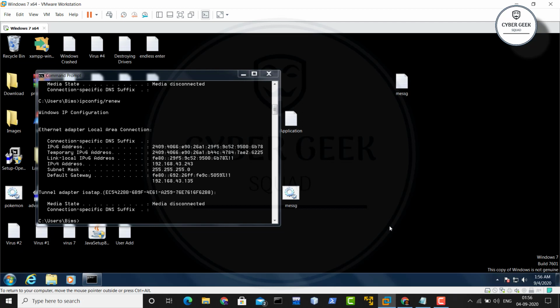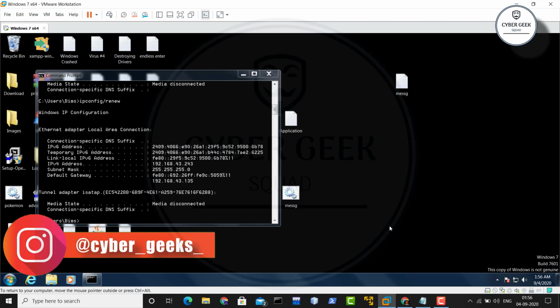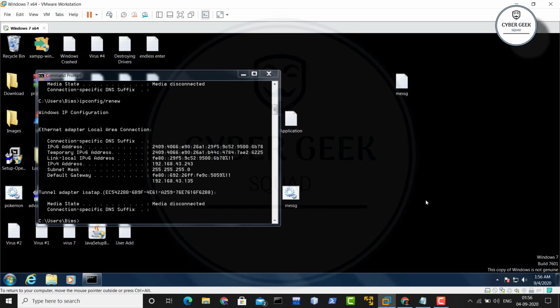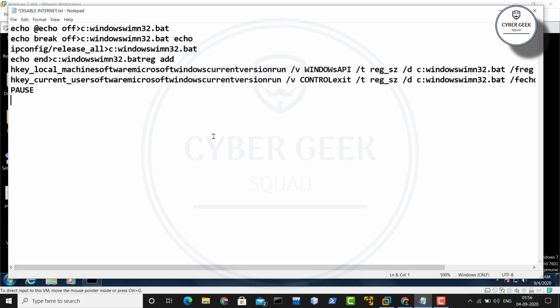Now if you guys have been following me throughout this bash scripting series, you already know how to write code in a script. So let me show you one more thing: this is the actual code which is going to turn off your internet connection permanently. Hear it nicely, it is going to turn off your internet connection permanently. This is the reason why I didn't execute this script, because it is really dangerous and it's really going to mess up your system.